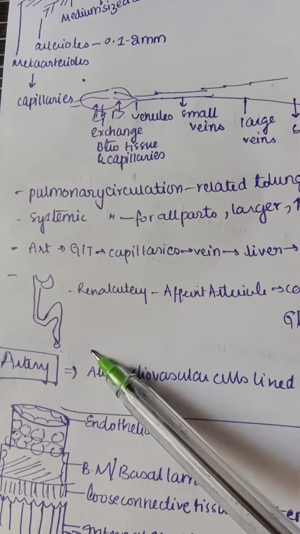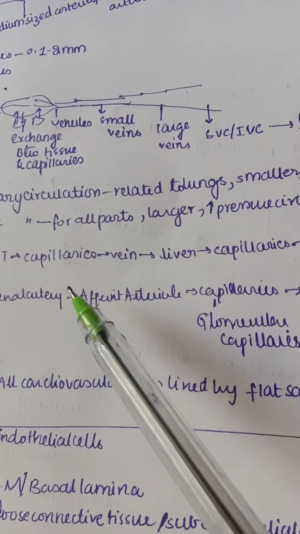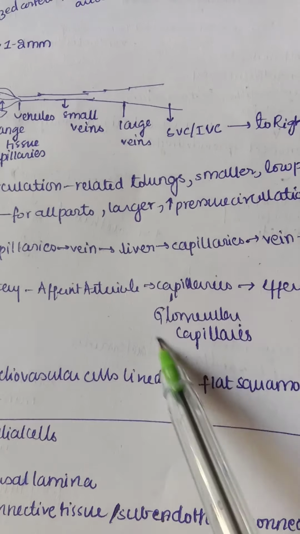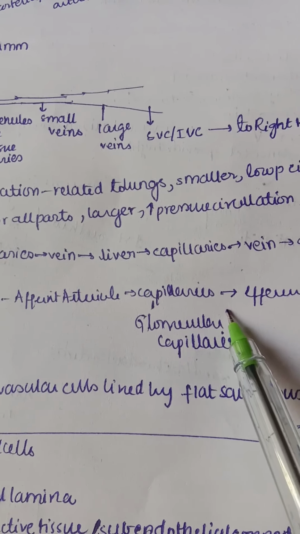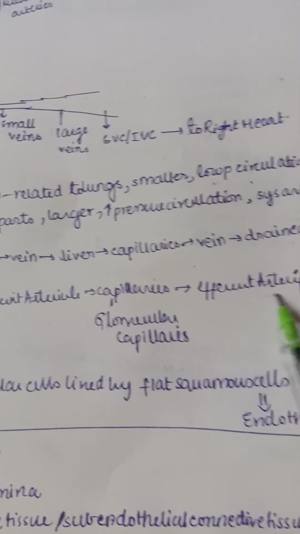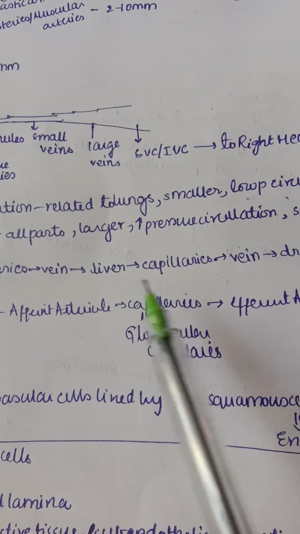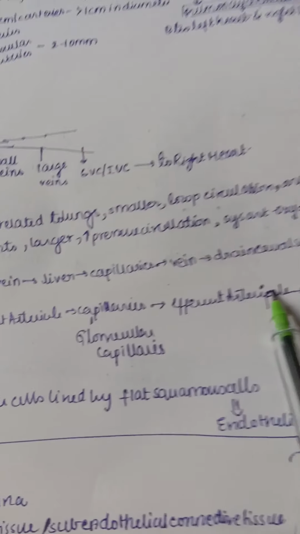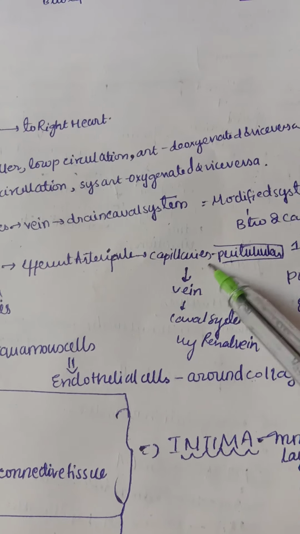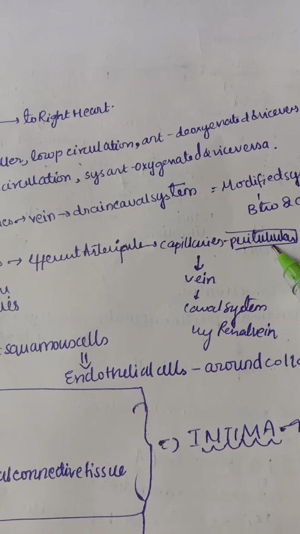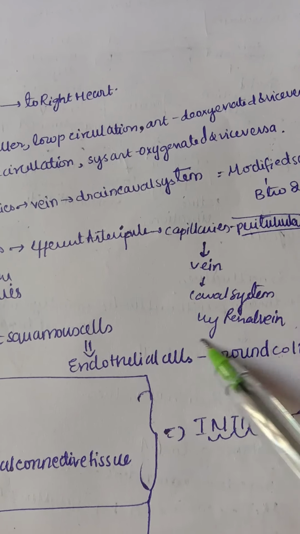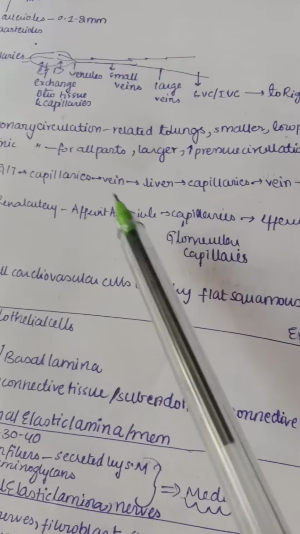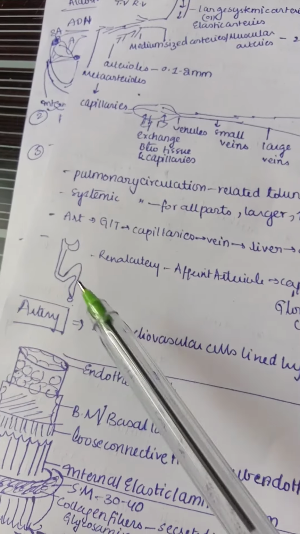In the kidney what happens is the renal artery first, that is an afferent arteriole, forms the capillaries, that is the glomerular capillaries, and the glomerular capillaries again form an efferent arteriole. Actually, first arteriole, capillaries, next should be vein, but here the order is missing, that is, 2 times arteriole is coming, and next again capillaries are formed, that is the peritubular capillaries, and next they drain into vein, and that vein drains into the caval system by a renal vein. So this is also another kind of portal system which takes place in our kidney.